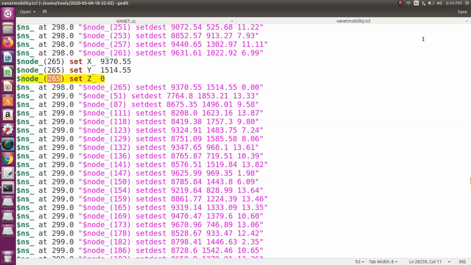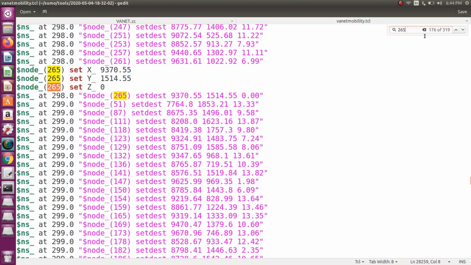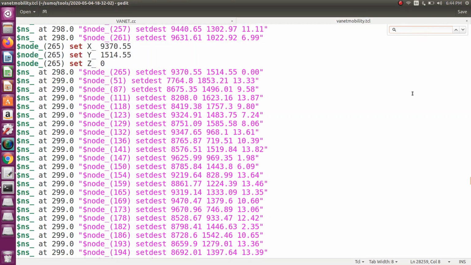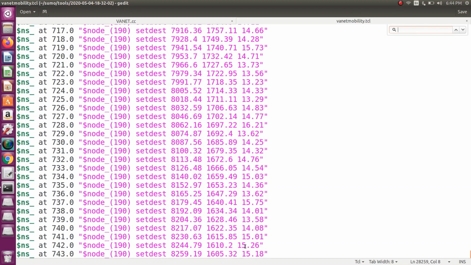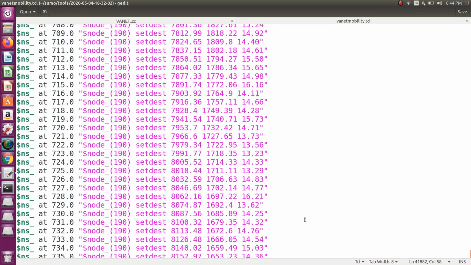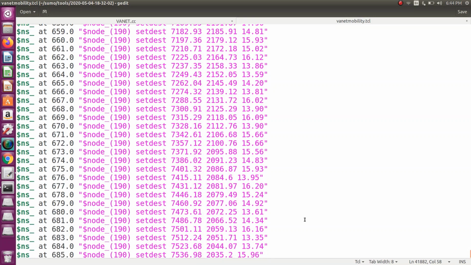Why are we searching like that? If you are not searching like that, you can go to last. How many lines are available? 41,882. I would have to search all the lines. So for that purpose, this is the simple way you can search.